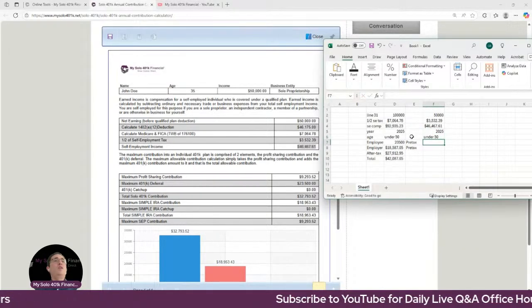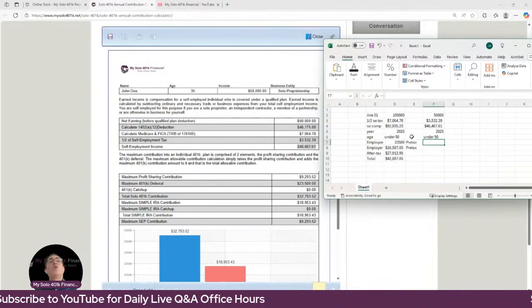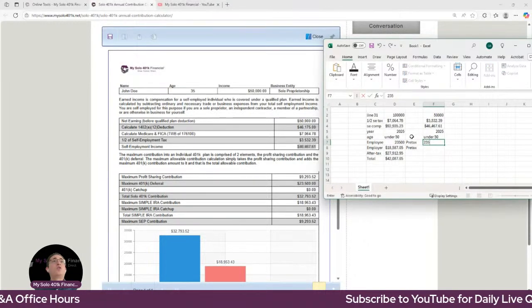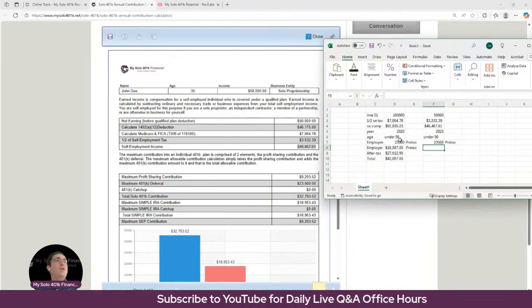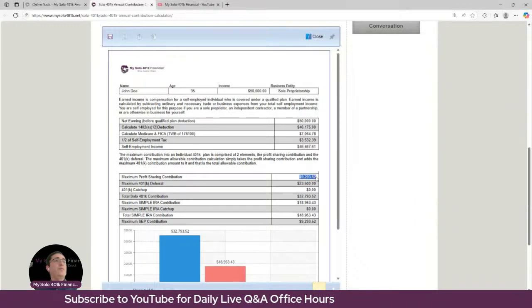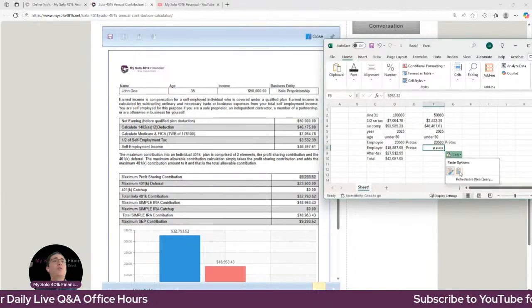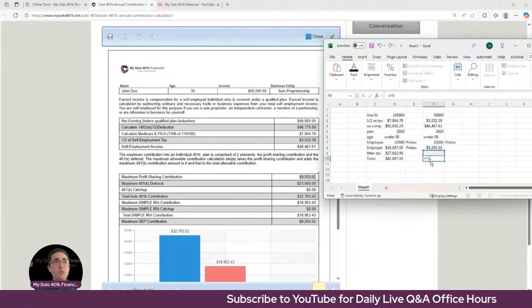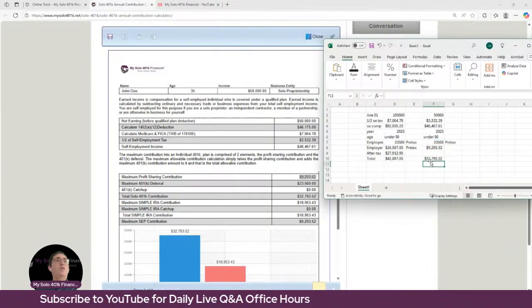They're under 50. They first want to maximize pre-tax, then make any additional contributions as Roth or Mega Backdoor Roth contributions. So they still can make that same $23,500 as a pre-tax employee. Now they can do 20% of the smaller amount as a pre-tax employer. So their total contributions at this point is